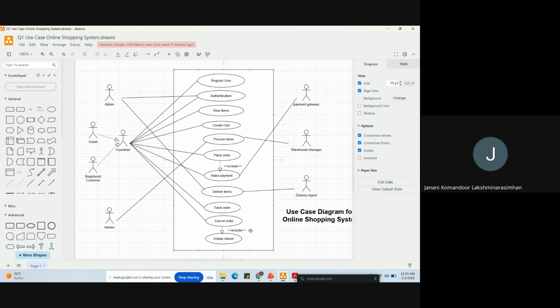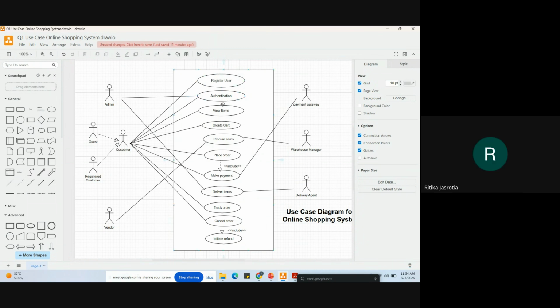So the authentication already takes care of logging out also. As you said, I will make that a login system, which takes care of all. The login will include the registration and authentication. Yes, ma'am. I will merge these two together as a login system. Am I correct, ma'am? Yes. Okay, I'll do that, ma'am.